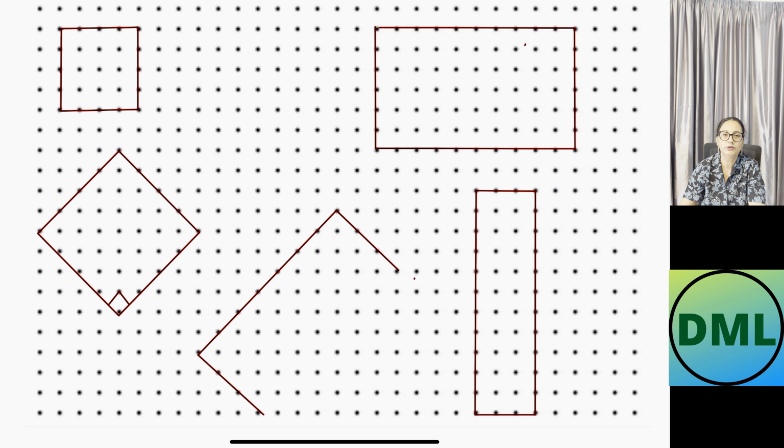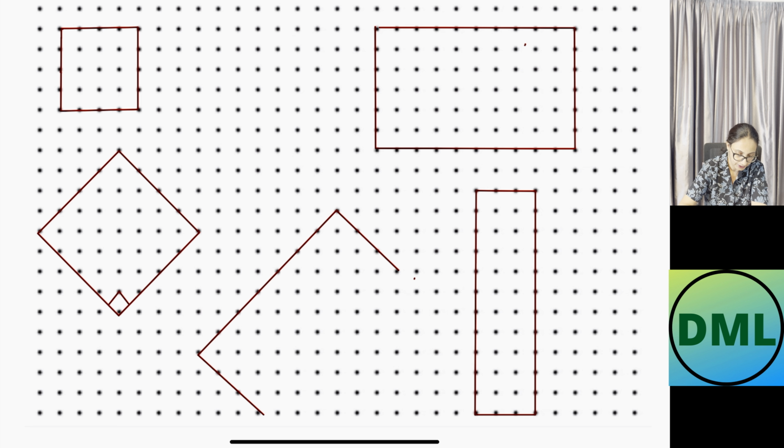You can draw a rectangle while using the slant side also. How many units did I pick here? 1, 2, 3, 4, 5, 6, 7 units. I have to go for the perpendicular line. So the perpendicular line will go like this. This is the perpendicular line. I went 1, 2, 3 units. I have to go 3 units here also on the slant side. I have to join this with this one. Let's join this. If you join this, this will be your rectangle and the two sides are at 90 degree.